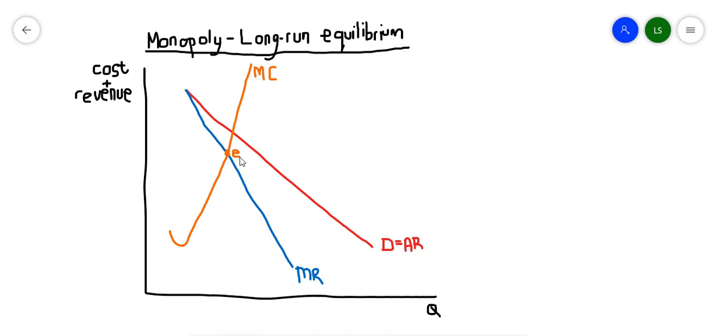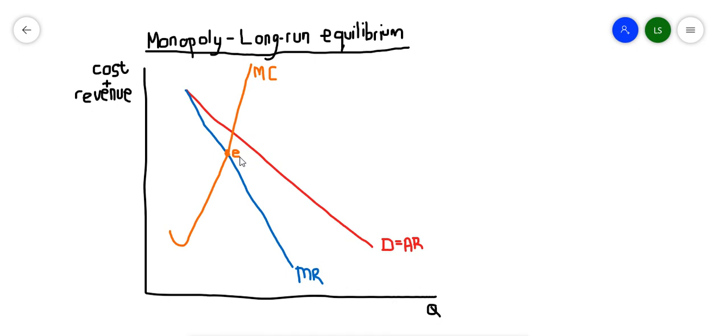Okay. Now, very important, once we have found the profit maximization point, we need to indicate the price and the quantity where this monopoly will maximize its profits. Remember, this is not the perfect market anymore. In the perfect market, they were price takers. The price was a given. It was already there. All they had to do was decide on a profit maximizing output, a quantity. The monopoly is a price maker. He has to determine the price quantity combination where he will maximize his profits.